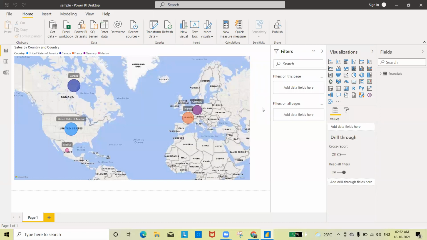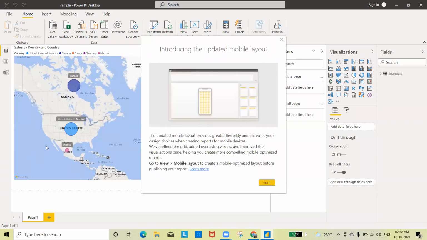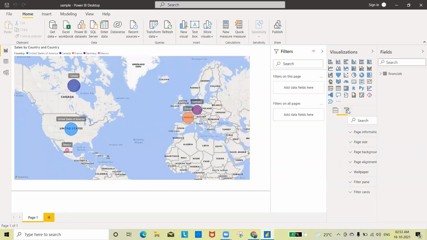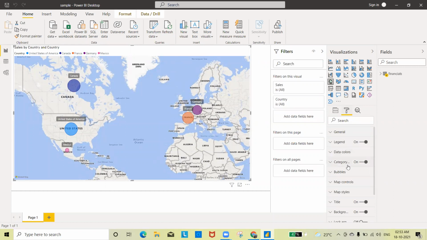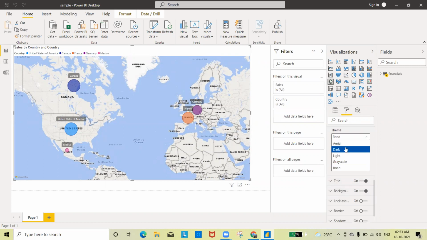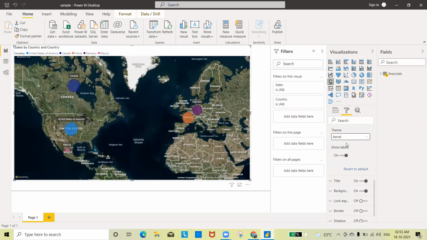See, if I want to change this graph view also, you can change this. Okay, got it. Let me go there. First I will select this particular graph. I will go here and say Map controls. In the map controls, it is saying geocoding culture as auto. Okay, map styles, let's say this is also a very important part. Map, I will say aerial. So it will give me the aerial view. See how beautiful it is.